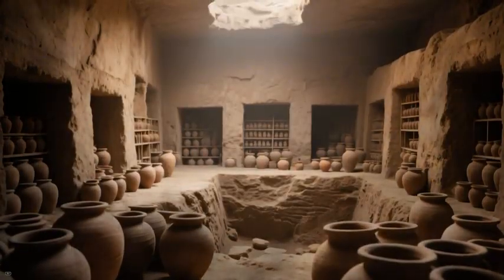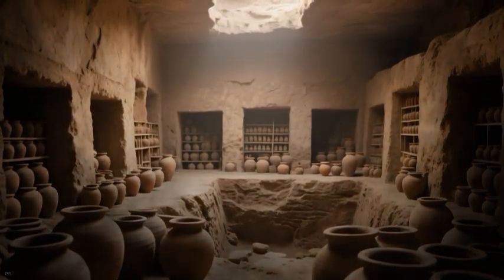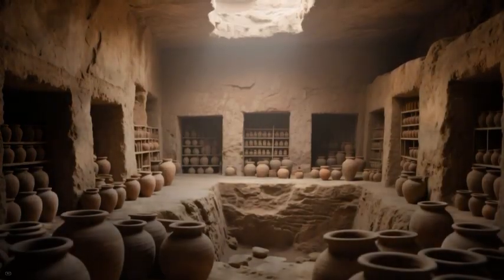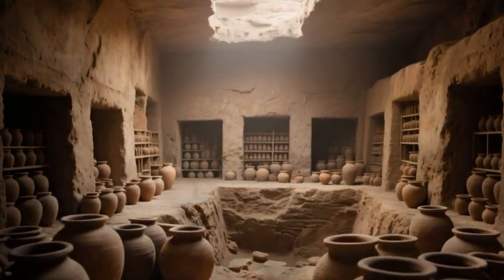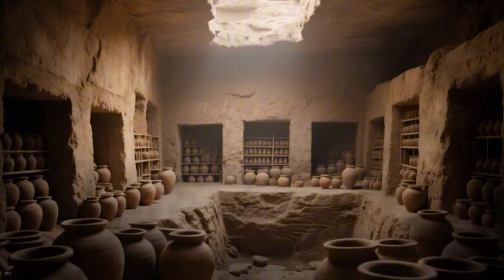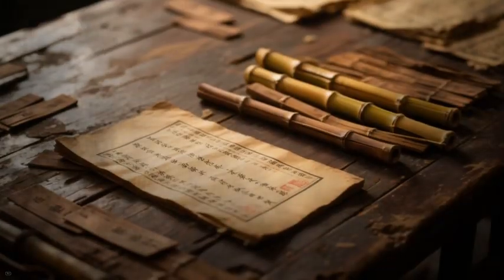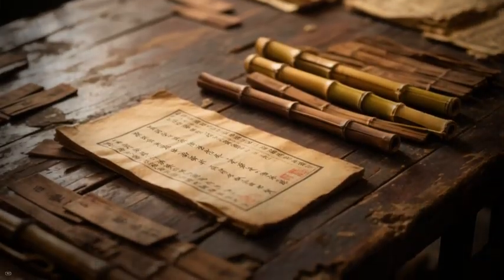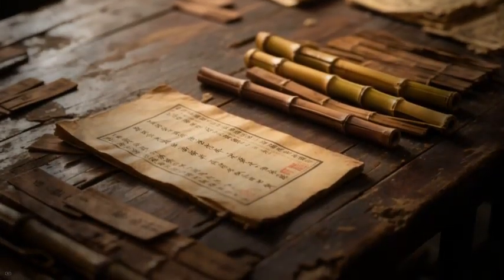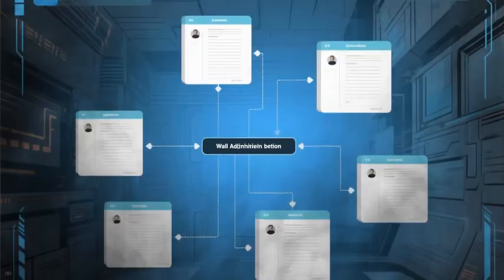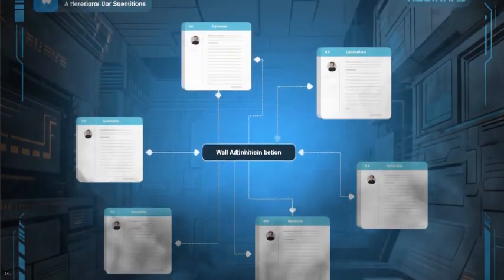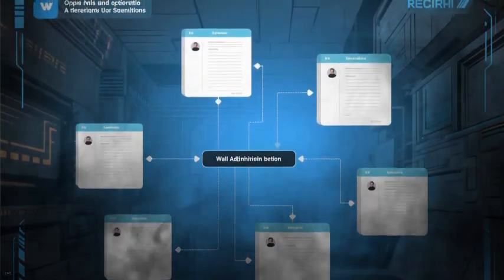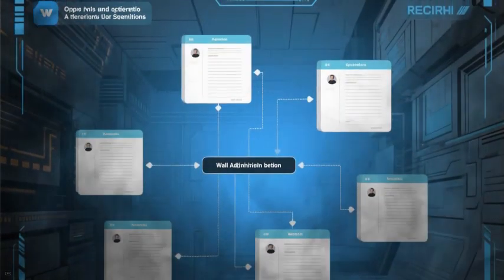Archaeological findings highlight the administrative complexity of the frontier. Excavations at garrisons reveal storage rooms filled with pottery jars, indicating organized food distribution. Wooden slips and bamboo documents found near wall sites record soldiers' names, supplies issued, and maintenance tasks completed. These records provide insight into the daily operations of wall administration and confirm the role of bureaucracy in maintaining the